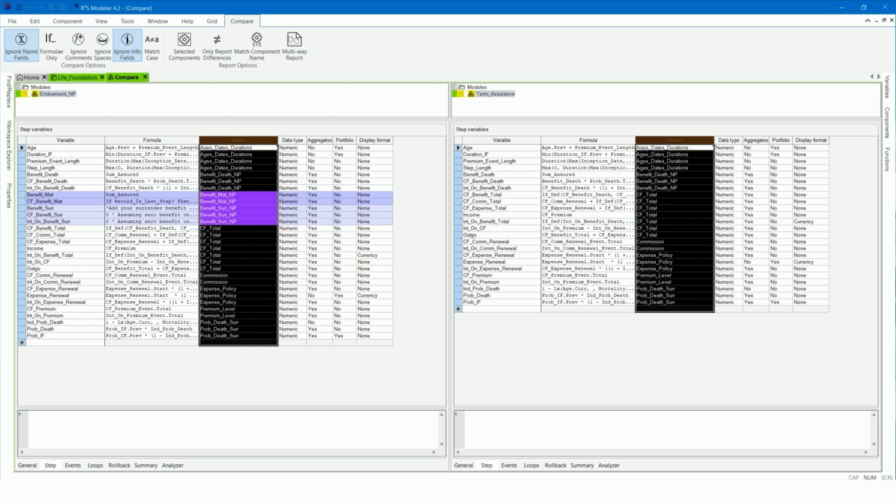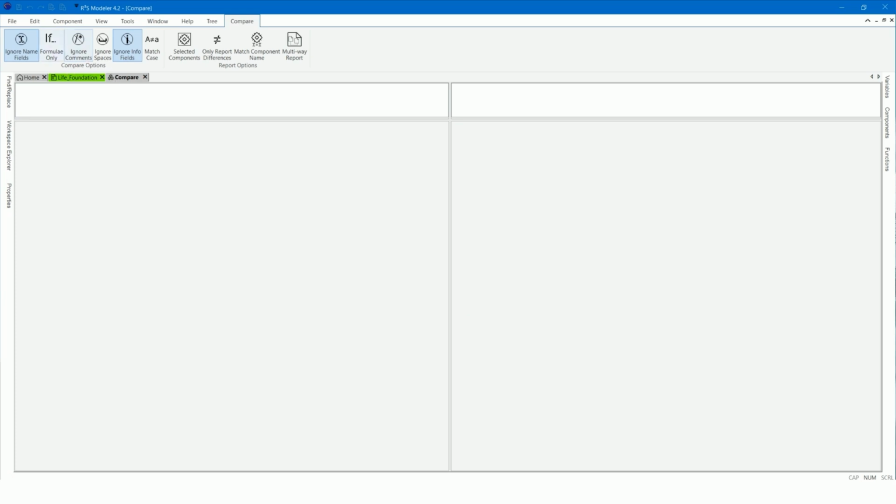In the ribbon, go to Window and click on Close All Components, so the modules shown in the Compare tab are closed. Now we will create an example of different values to demonstrate how they are highlighted in the Compare tab. At the same time, we will cover how to embed new code, which will be helpful when using standard code.